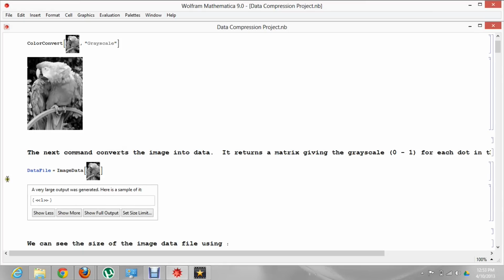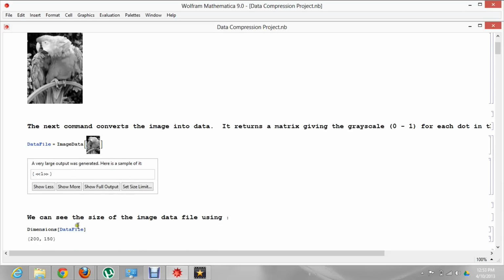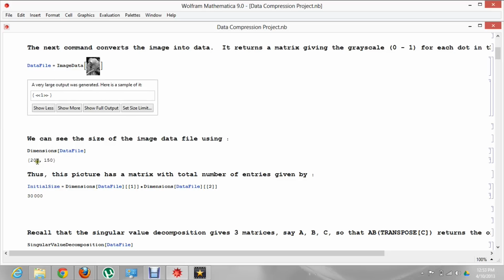And in fact, the output's so large that Mathematica says it's large output. I don't want to put it on the screen because it would be almost meaningless, it's so large. We can look at how big it is by using this Dimensions command. So it's in fact a 200 by 150 matrix, and if we multiply those numbers together, we get 30,000. So this picture of this parrot gives us a data file with 30,000 entries